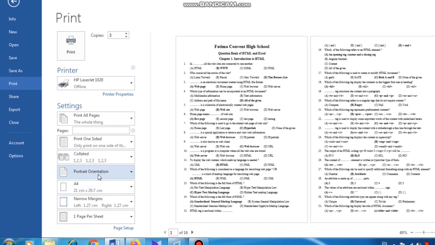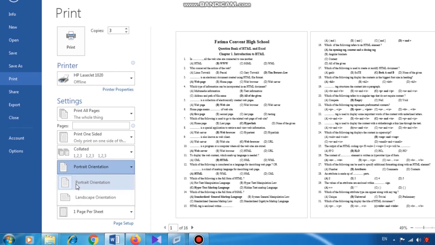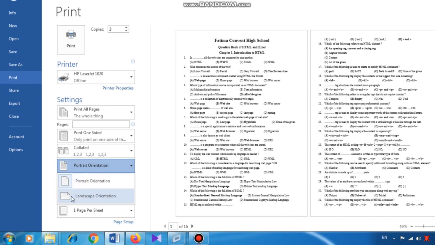Then the next thing is orientation. What is the meaning of page orientation? Whether you want to print the page vertically or horizontally is known as orientation. See, it's given here horizontally and vertically. Vertically means portrait, horizontally means landscape. So you can print the page's matter in 2 ways, portrait and landscape.